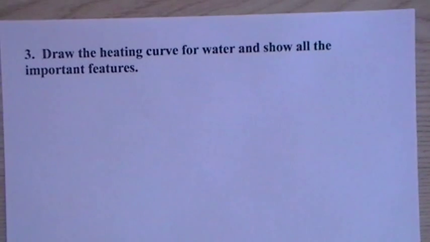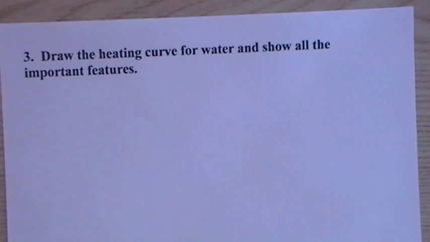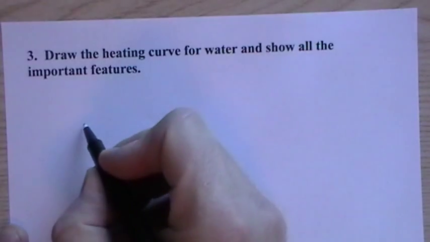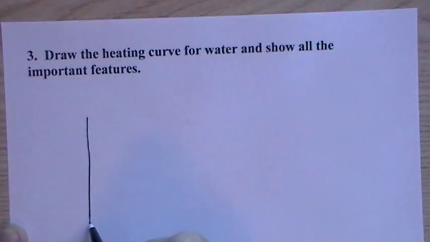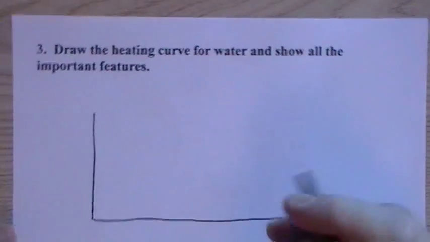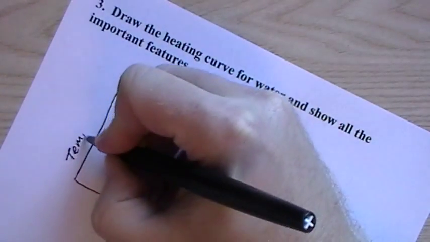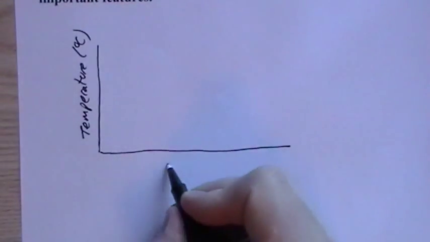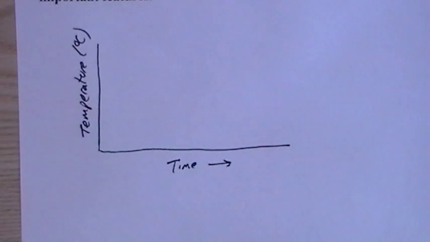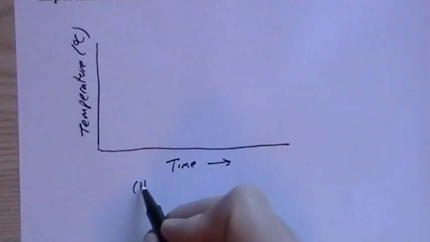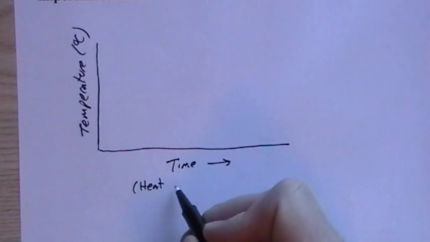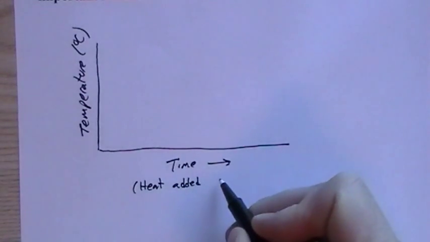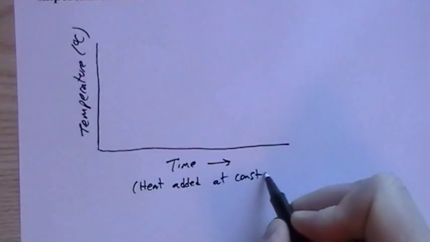Draw the heating curve of water and show all the important features. This one is used in standardized exams a lot because it's a picture. Chemistry doesn't have a lot of pictures or graphs that we can work with at this level. Mostly it's equations, so anytime you get a graph, the people who design the tests very often seem to latch onto that. So the heating curve of water comes up a lot, so you should recognize it and